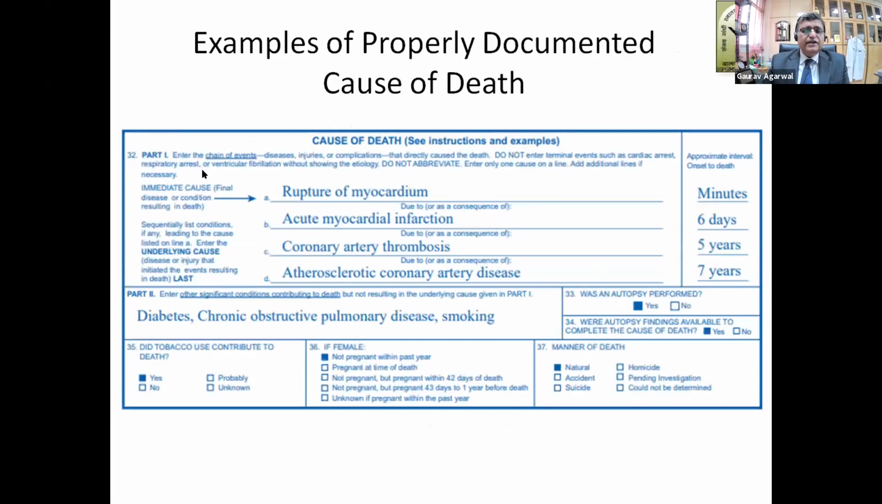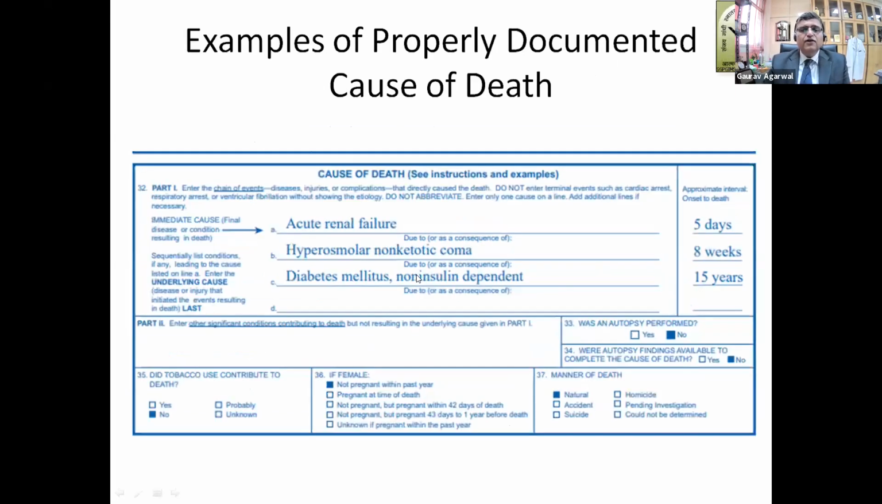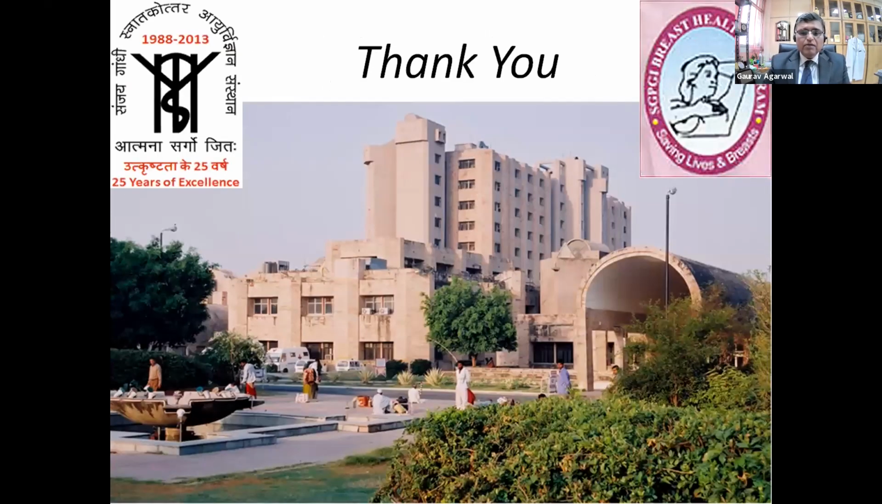So the patient's immediate cause of death may have been rupture of the myocardium, which was triggered by acute myocardial infarction. And the patient may have had an antecedent history of coronary artery thrombosis, atherosclerotic coronary artery disease. So these are some examples of how you state the cause of death in the death summary. So this is all that I had to talk about relating